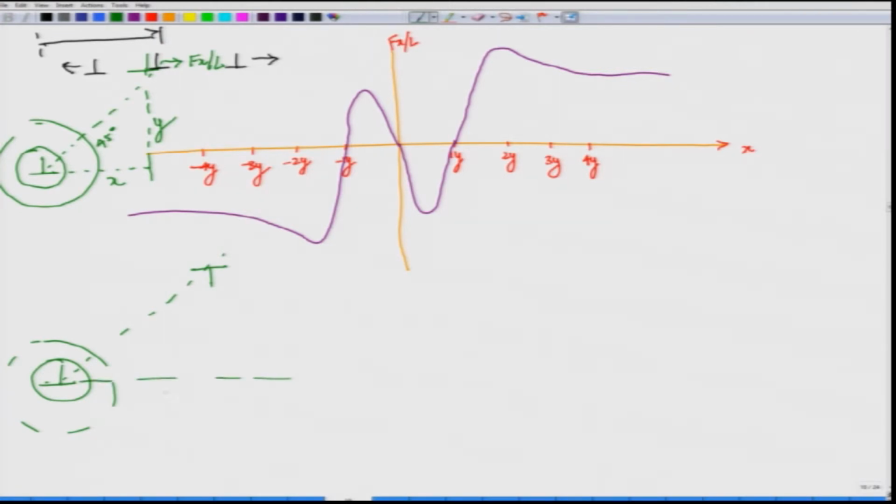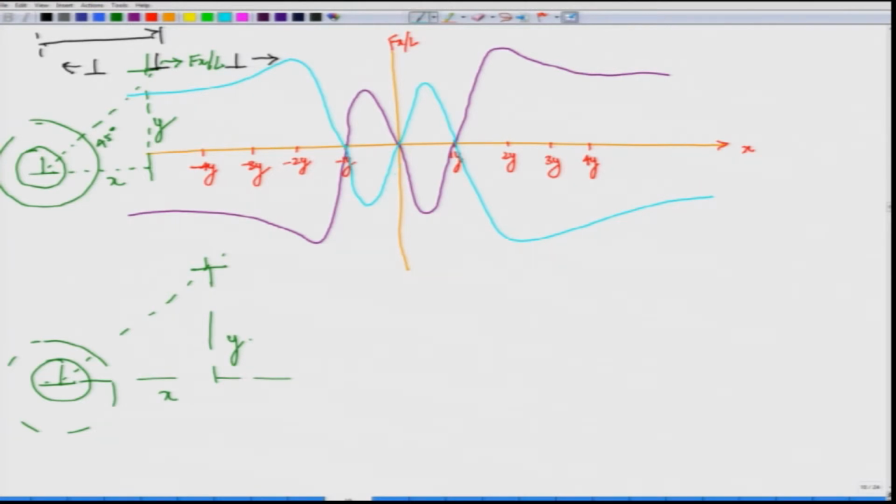So, again this is our x, this is our y, and if you put those values into the relation, what you would see is that it will show something like this. It will also be 0 at this particular point, but it will be negative for negative x values and positive up to y, so you will see force values changing like this.